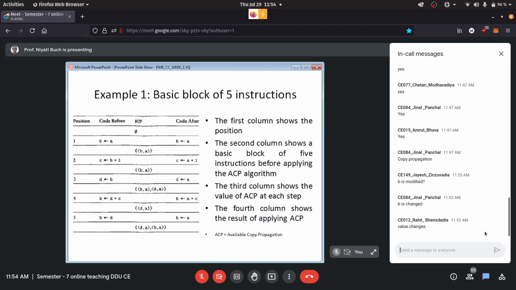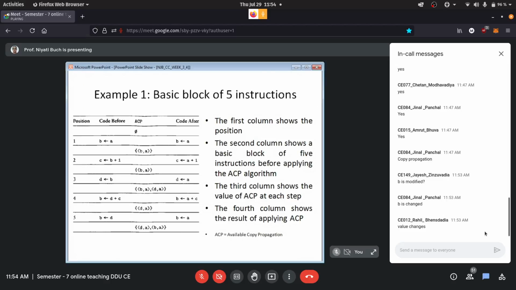Now we are talking about a new technique in which we focus on copy propagations. We maintain a set of available copy propagations, and whenever a certain condition is not met, we eliminate that entry from our ACP. So at every point we have a current set of available copy propagations. That is why that element is removed.